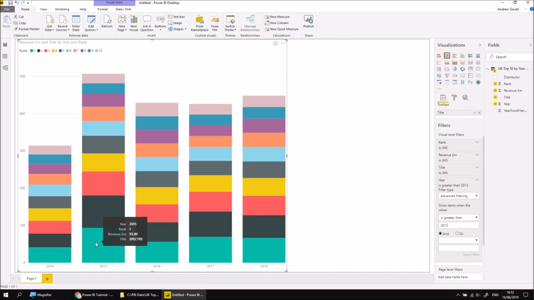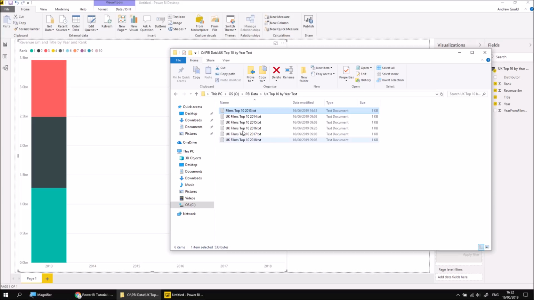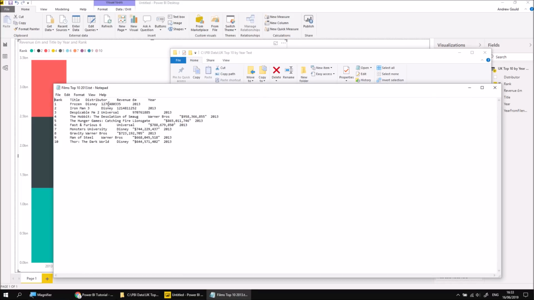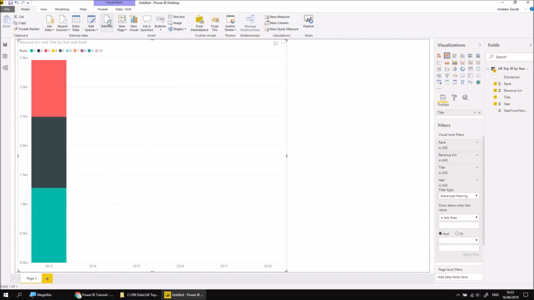So if I wanted that to work for my 2013 data, if I just clear my filter to bring all that back, then I'd have to go back to my list of files in my folder, open up the file, and then let's see, to scale that down, that's 1,276,000,000. So let's change that to 1,276, and then likewise 1,214,000,000. Get rid of the last 6 digits, and again get rid of the last 6 digits from the 3rd row there as well. And then if I close and save that, and then once again refresh the report to